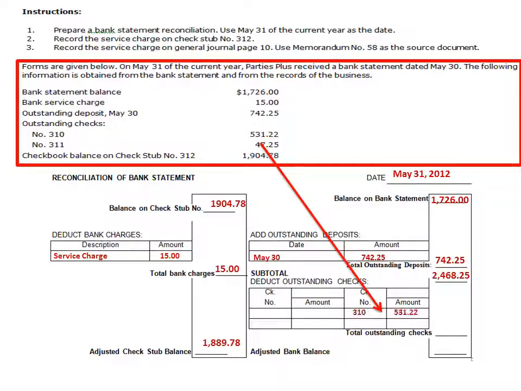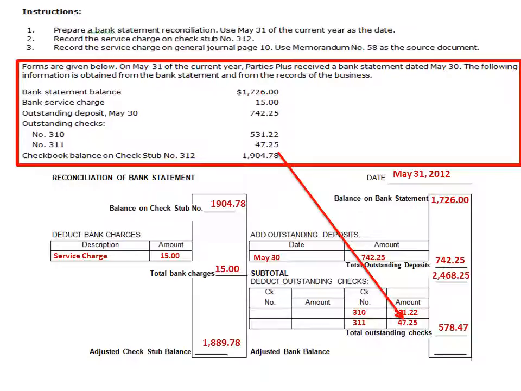what we actually do. So we're going to write the check number. In this case, it's 310, and the amount, which is $531.22. We're then going to write the next outstanding check number, which is 311, $47.25. We're going to add those two together, and our total is $578.47. Well, we're going to take our balance minus our outstanding checks, because remind you, our outstanding checks, it's money